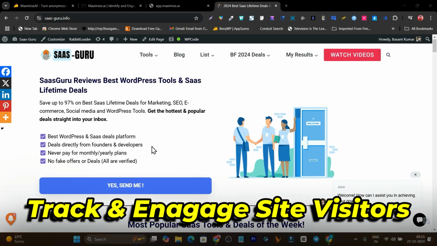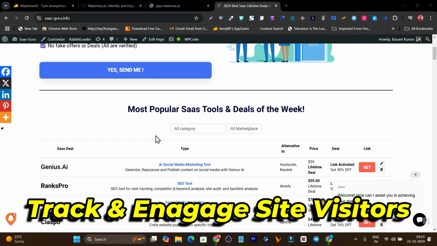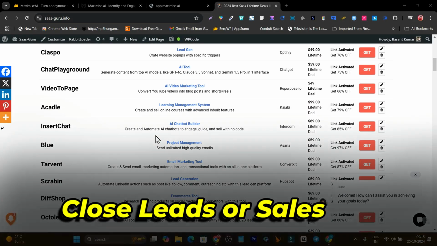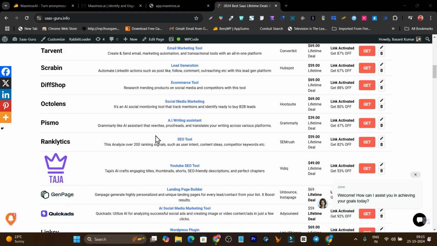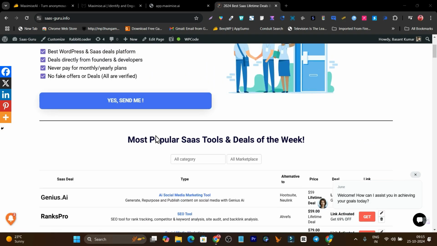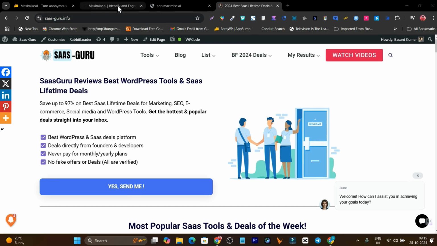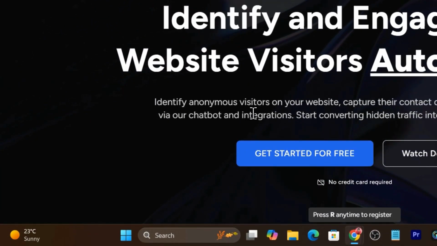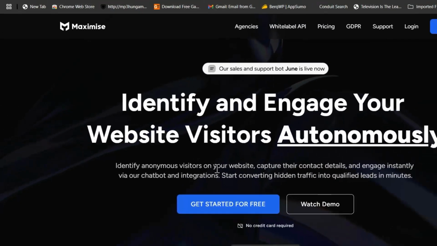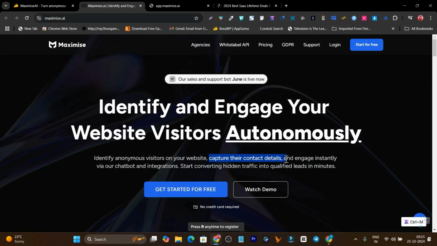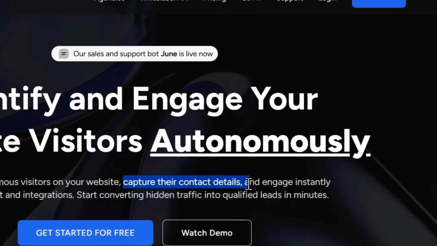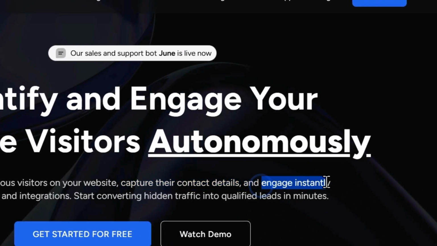What if I tell you now you can track your website's unknown visitors, you can engage with them, and you can even close the deal if you are selling services or products on your website. Yes, there's a tool with the help of which you can track your anonymous website visitors. You can capture their contact details like email ID and phone number, and instantly engage them, because this